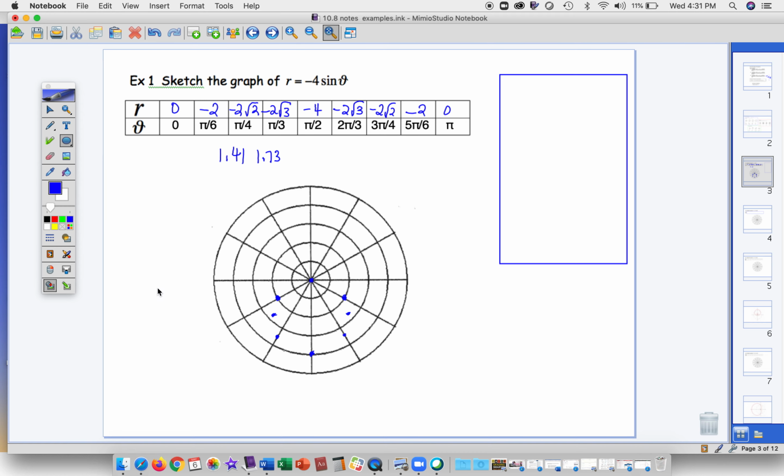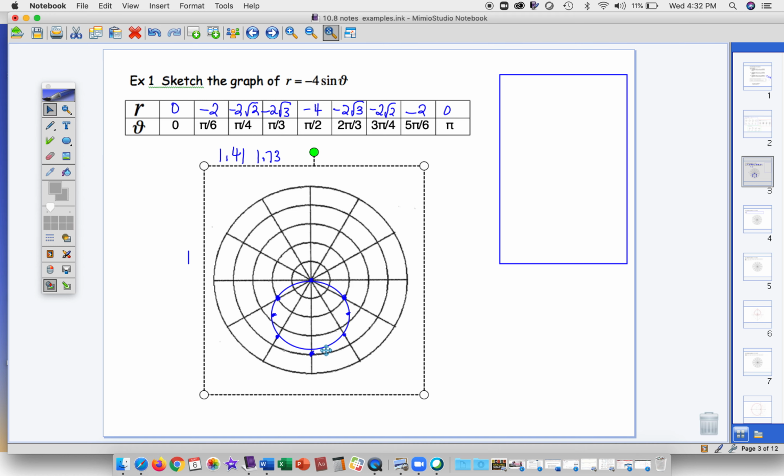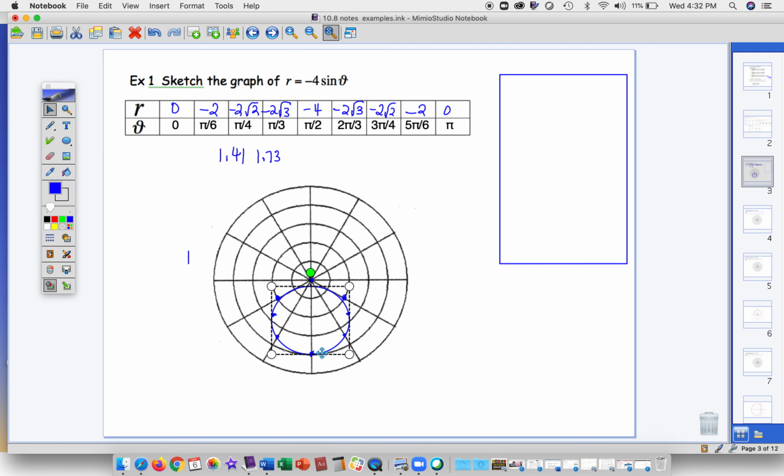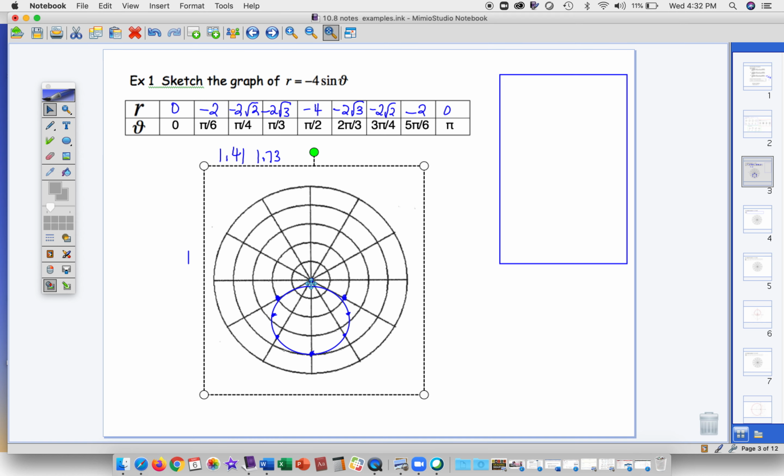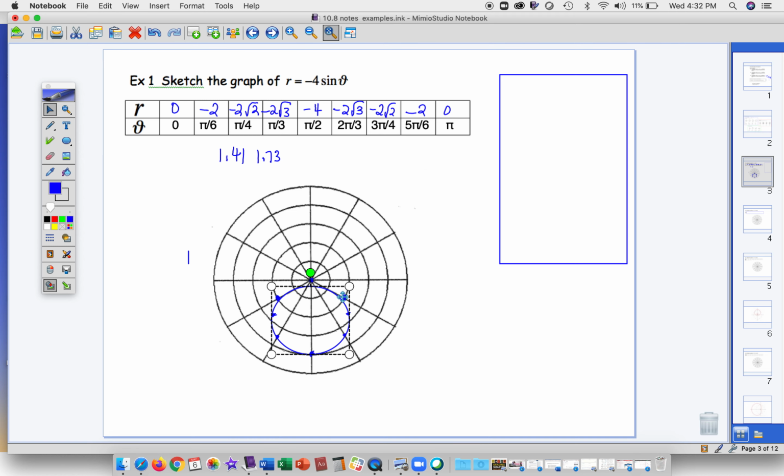Okay, so do you see what we have here? Whoop, let me make that clear. We have a circle, which we expected. And then I'm going to show you, I did a little bit of work to get the rectangular form, which you now know how to do. So you could also do that as well. There we go. So over here,